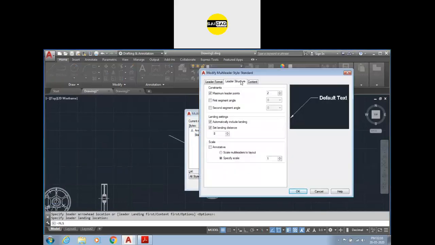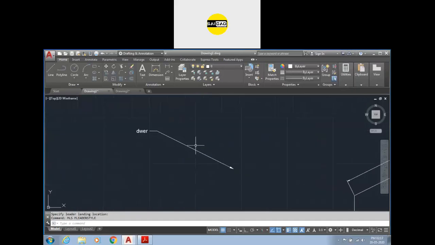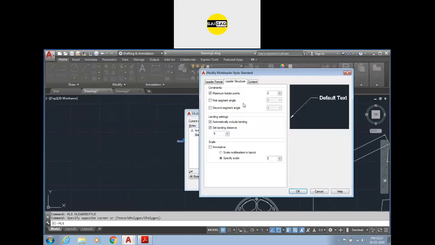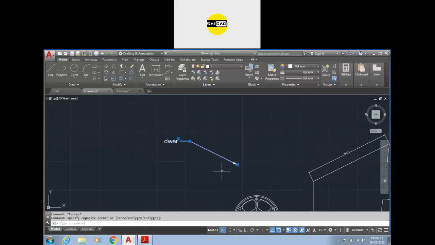There is the leader structure again. There is the scale option again. You can just enter the scale. OK, set current and close. Everything will be updated according to that. So multi-leader style, modify, change the scale from the leader structure, define the value, set current, close, and it will be updated like that.